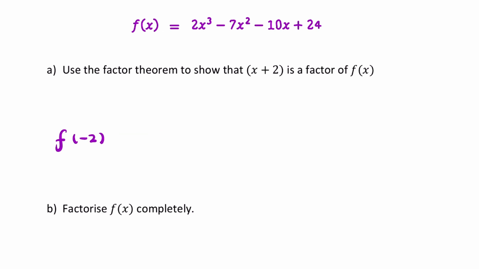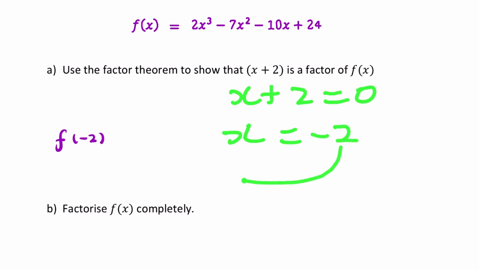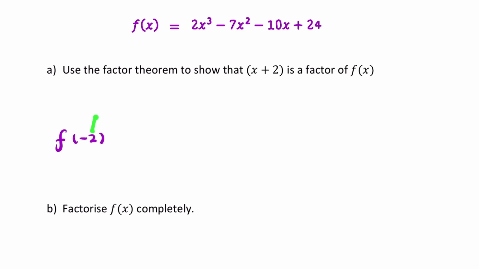So where did I get minus 2? Minus 2 is the value of x that will make this expression 0. So if you say x plus 2 equals 0, x equals minus 2. So it's f of negative 2 that we need. So we need to substitute negative 2 into every occurrence of x. So if you substitute that in your function,